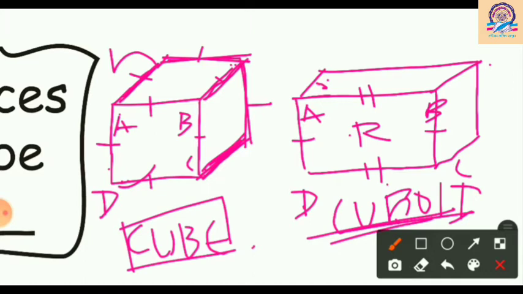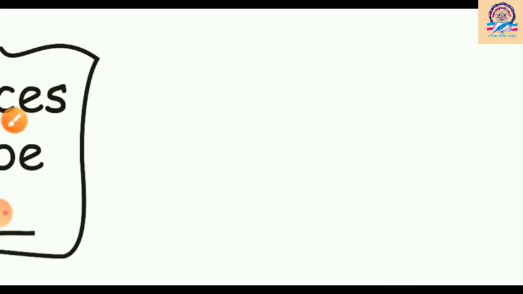The best examples of cube are ice cube, Ludo dice, and Rubik's cube. The examples of cuboid are your duster, your textbook, your compass box. These are the examples of cuboid. Is it clear, bacha party, what is cube and cuboid? What is 2D and 3D?